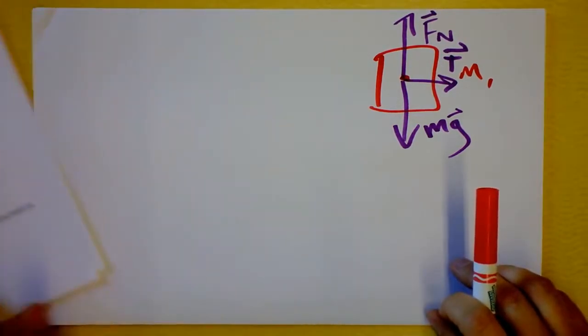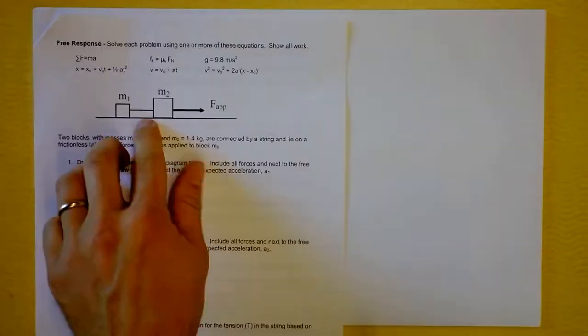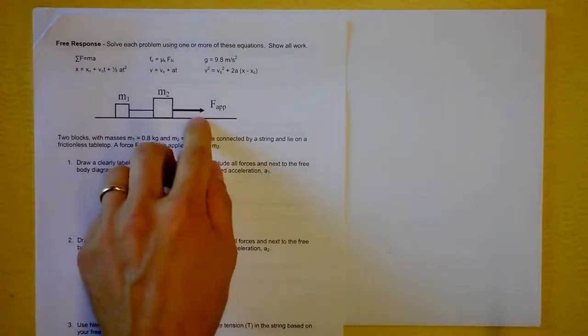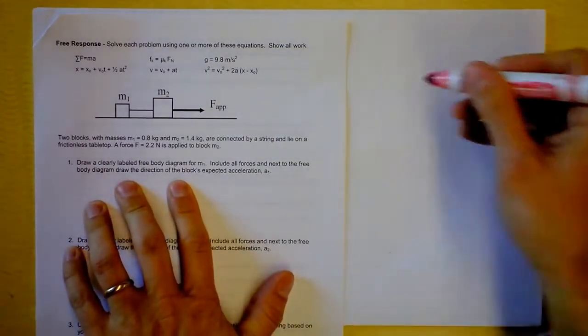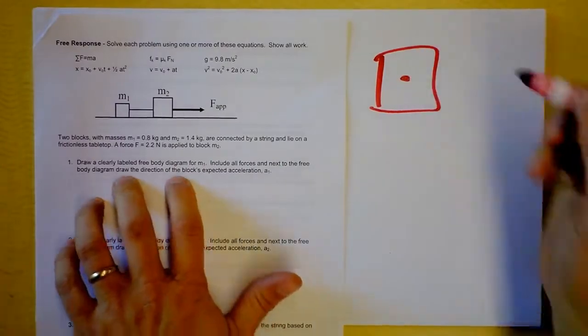All right, we're looking over this problem here where there are two masses and they are connected by a rope, and the rope is not going to stretch, right? It's just sitting there, and there's an applied force to the right. It's a frictionless surface, so it shouldn't be too bad, right? So it asks first for a clearly labeled free body diagram for M1. So I put M1 right here, and I put a dot in the middle of it, and you tell me